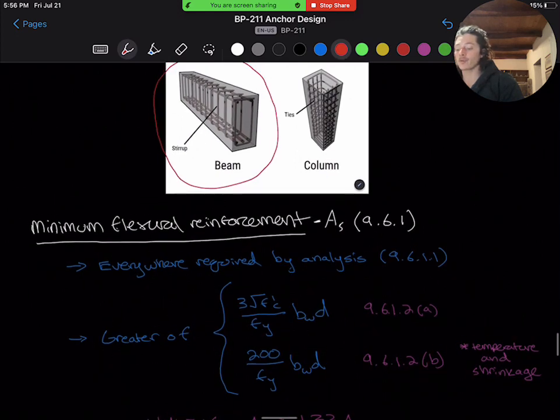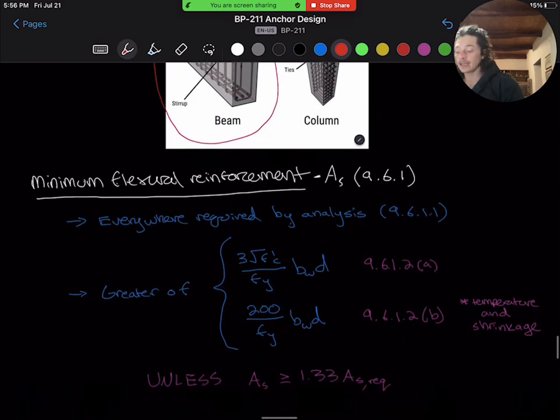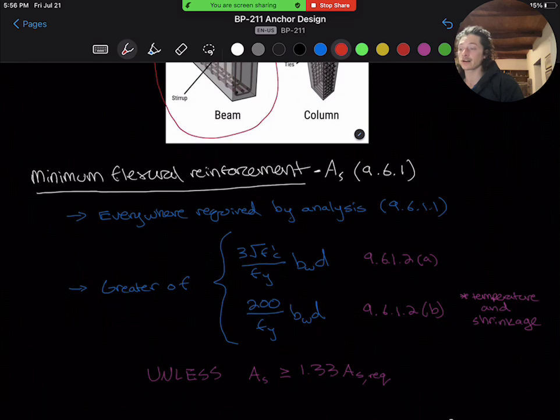or 200 over Fy BWD, which is equation A is related to the strength of the concrete relative to the steel to have a balanced section, while equation B is based on temperature and shrinkage requirements. Section 9.6.1.3 states that these equations can be ignored if AS is greater than 1.33 AS required by